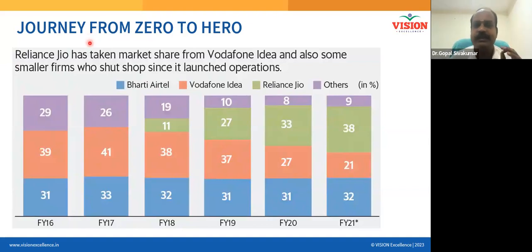So this is, in essence, how, or when and where, Lean Six Sigma is required. If you want to ask yourself whether Lean Six Sigma is required for my company, then think about it. If you also have a similar desire, then Lean Six Sigma is required. If you think, no, I don't want to become number one, I'm okay with what I'm getting, then definitely it's not for you. It's not your bread and butter. You can just continue what you are doing, and you will also be one of the players in the market. But if you want to be in the top position, you want to see your company on top of the list, then definitely your company will embrace Lean Six Sigma.